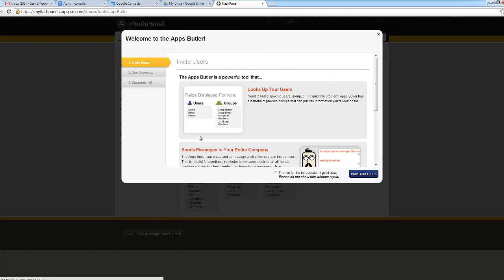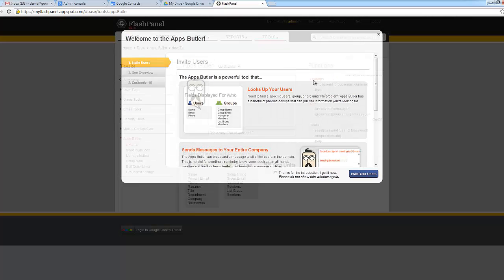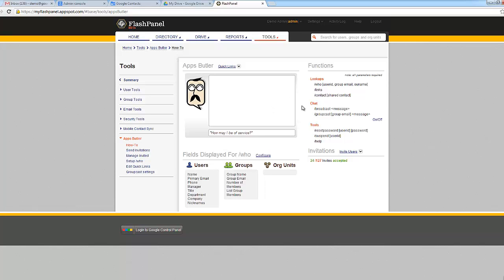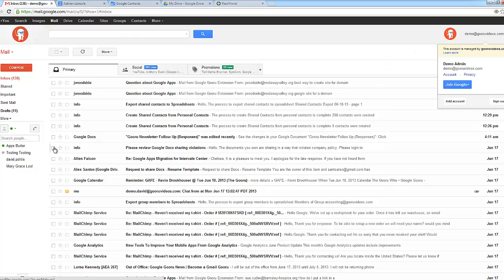Probably my favorite tool is the Apps Butler. This is kind of like a Siri or a chatbot for Google Chat. So you can use Apps Butler to query some information such as user lookups, group memberships, and you can even send messages using him as well. So along the right here, you can see a list of the functions that you have and the keywords that will prompt a lookup. If I go into Gmail